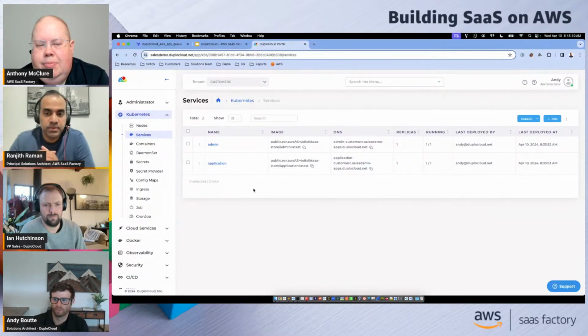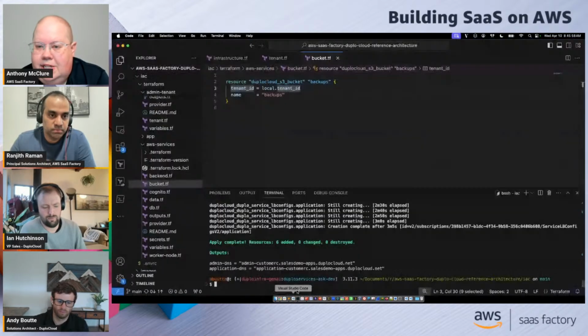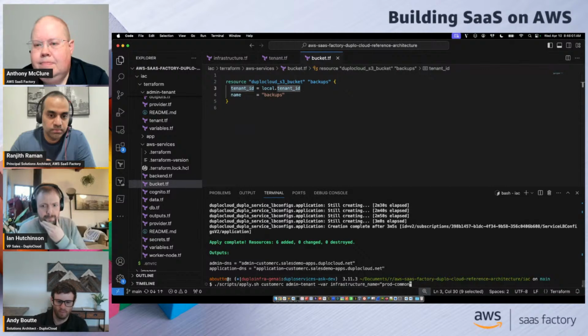So we brought in customer C earlier. If we wanted to bring in a new tenant, it would just be following that same process, Andy, just changing out the tenant name essentially. Yep. So this was the command that we ran earlier to create the tenant. If we were going to onboard a new customer today, it would be as simple as changing that command to customer D, then rerunning the previous sets of Terraform modules. For demonstration purposes, I was showing this from a terminal, but what we typically do for our customers is wrap